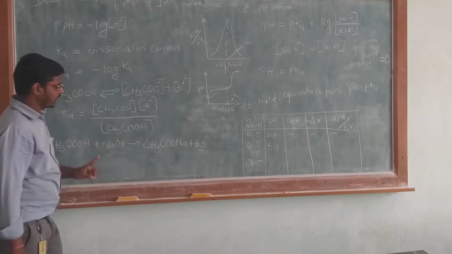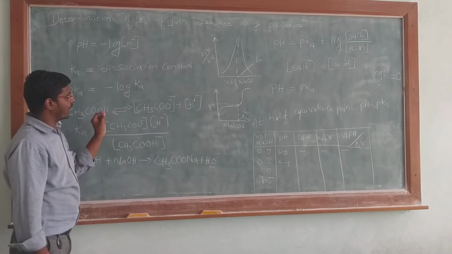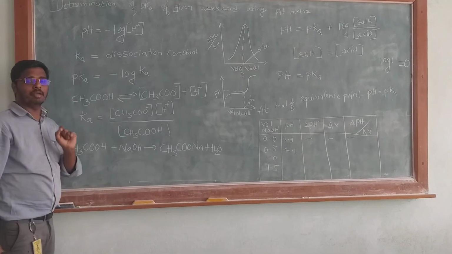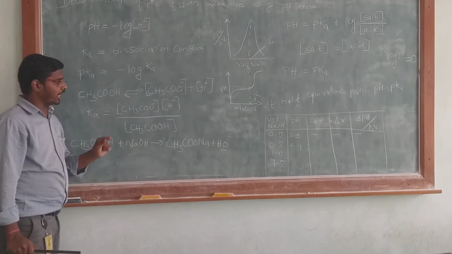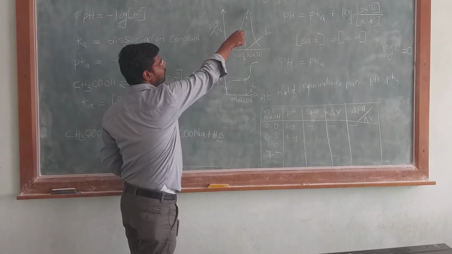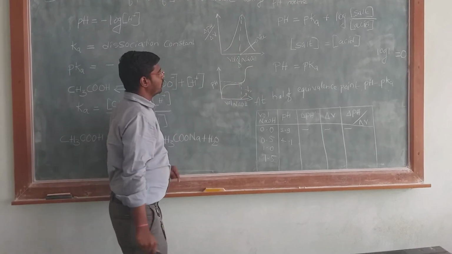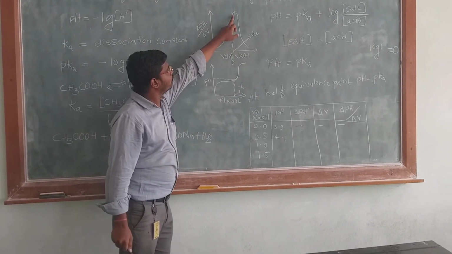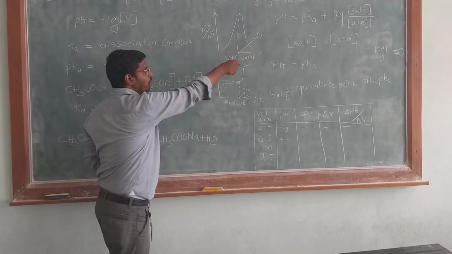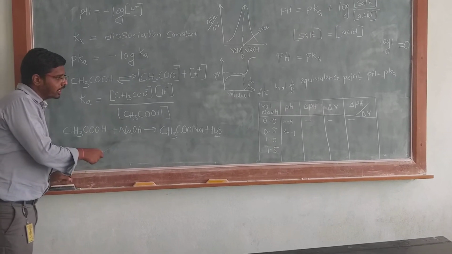At one point, there is a sudden jump in pH value because the acid present in the beaker is neutralized, and whatever NaOH you add will remain as it is. And the pH of the NaOH is higher. Because of that, a sudden jump in the delta pH by delta V value is observed. Then again it will decrease. Whatever the highest value is, that sudden jump is the equivalent point. At this equivalent point, the complete neutralization of the weak acid takes place.